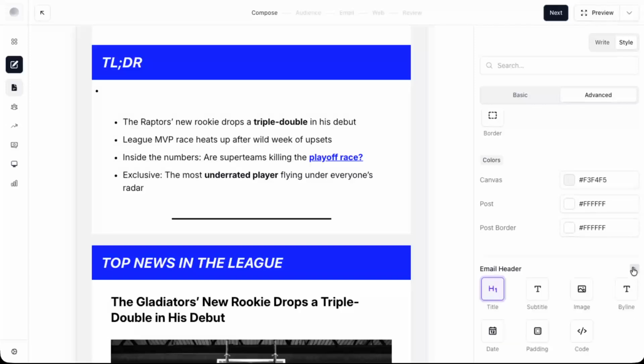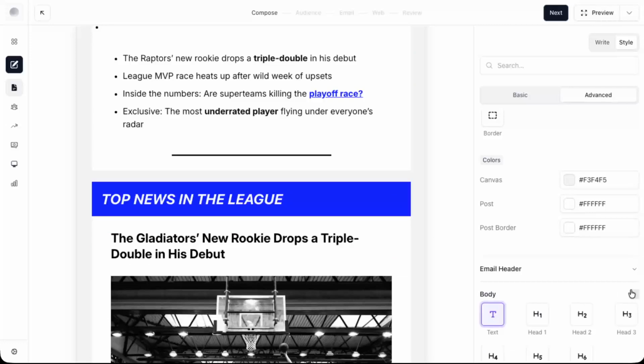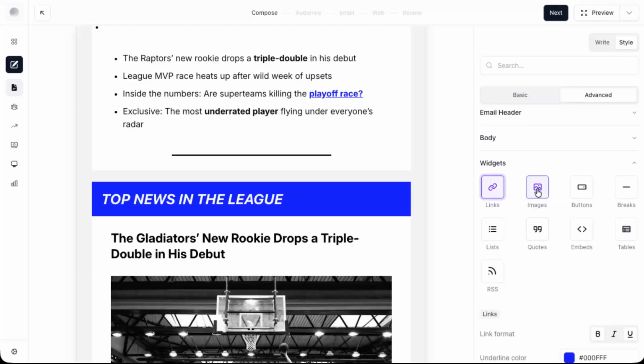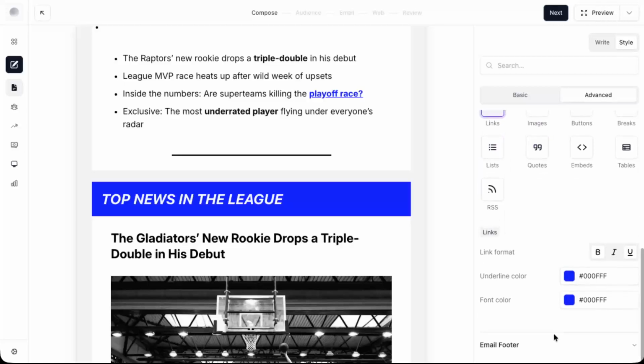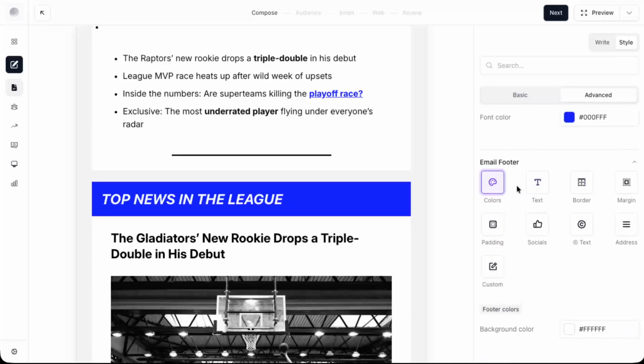Click on Email Header to customize how the top of your newsletter looks. Click on Body to refine the main content area. Use widgets to edit each widget individually, so elements like featured posts or promos match your overall design. Finally, click on Email Footer to edit the colors, text, and elements at the bottom of your email, such as your social links or unsubscribe information. Once you've gone through these sections, your Beehiiv newsletter